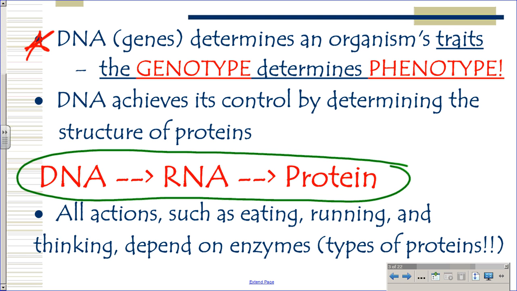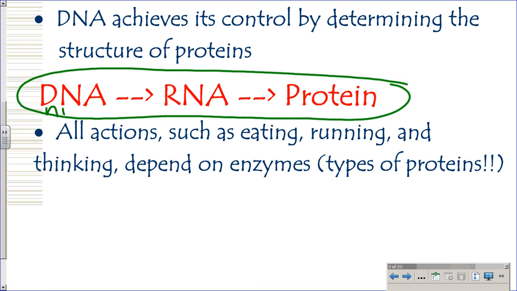There's a messenger in the middle, because the DNA is lazy. The DNA is where in the cell? The nucleus. Okay, so the DNA is in the nucleus, and it does not leave the nucleus. Well, we have to get messages to the outside of the nucleus, like to the ribosome. Because what is the job of the ribosome? To make proteins. So if the DNA is not going to move, somebody's got to go to the DNA, look at the code, take it out of the nucleus and say, okay, ribosome, I need you to make this.